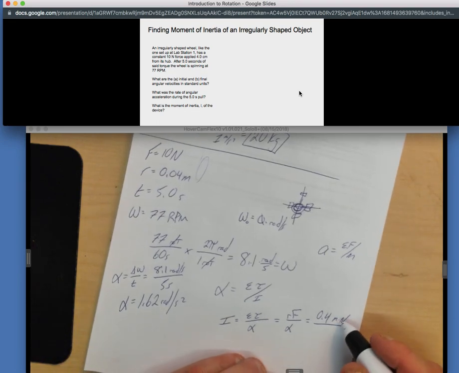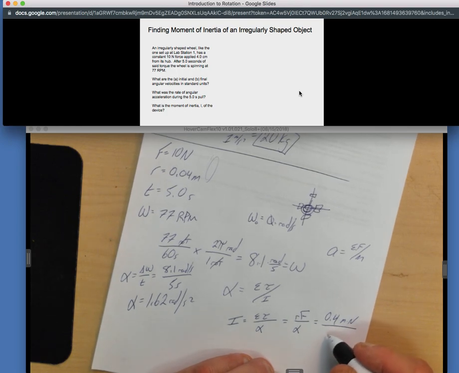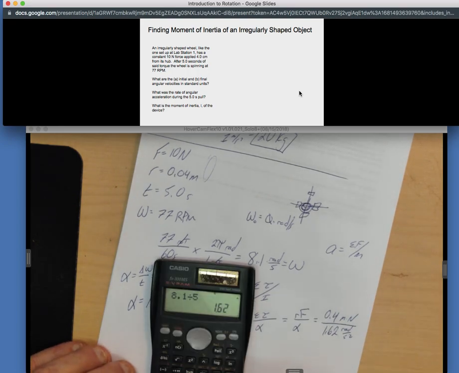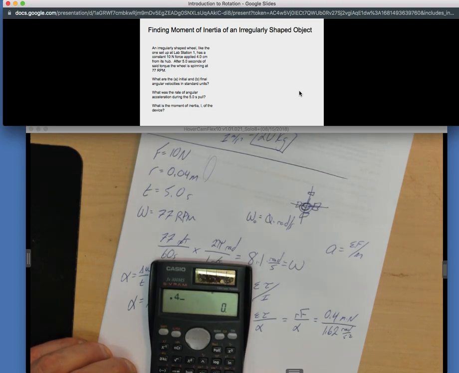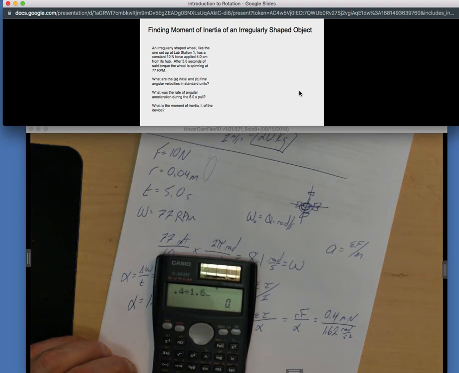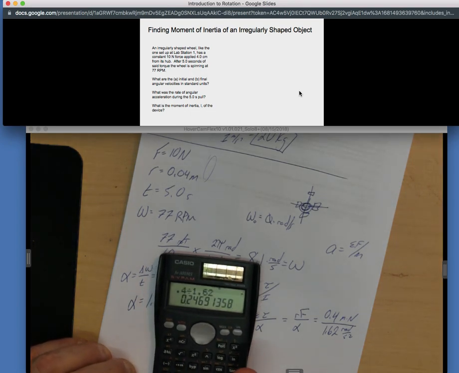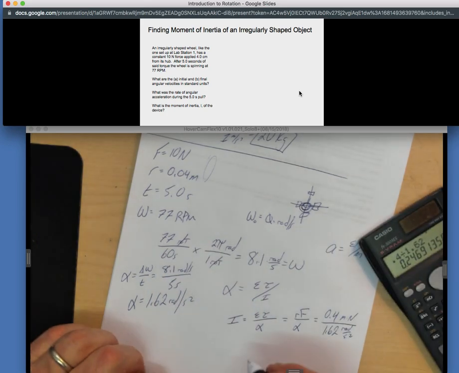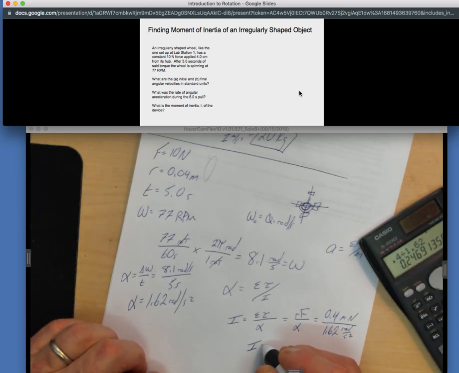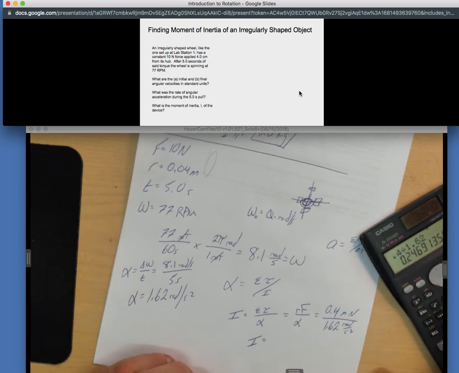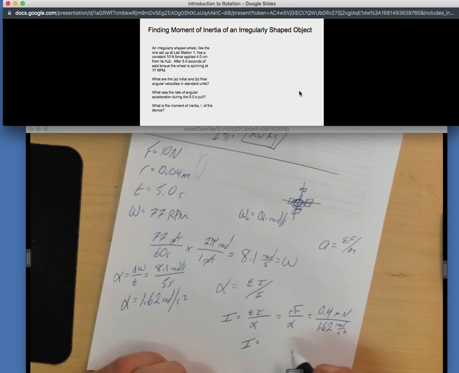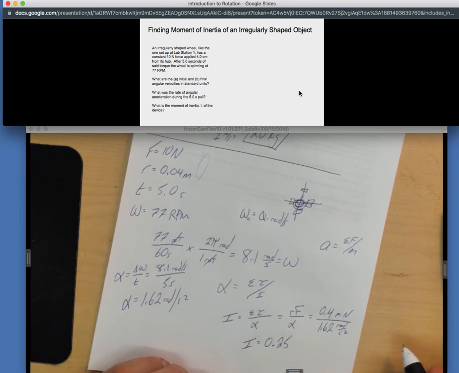And so the torque was 0.4, that's R times F. The alpha was omega over T, which is 1.62 radians per second faster every second. And 0.4 divided by 1.62, I'm getting about 0.25. The moment of inertia of that wheel, given these numbers, is about 0.247, or about 0.25, and